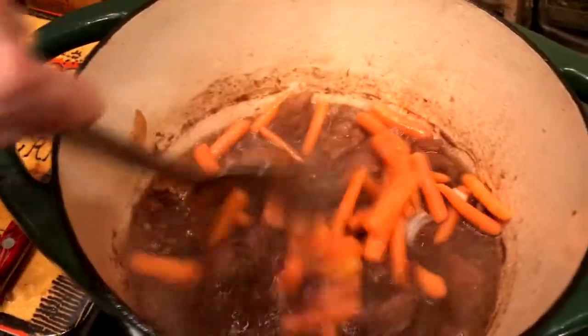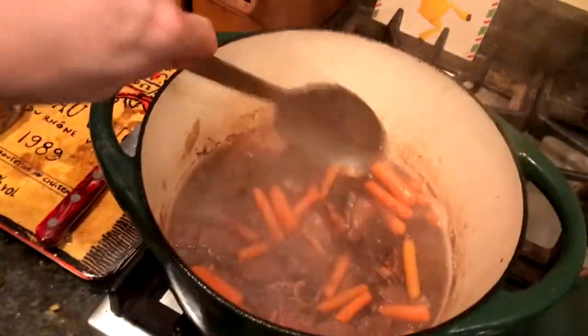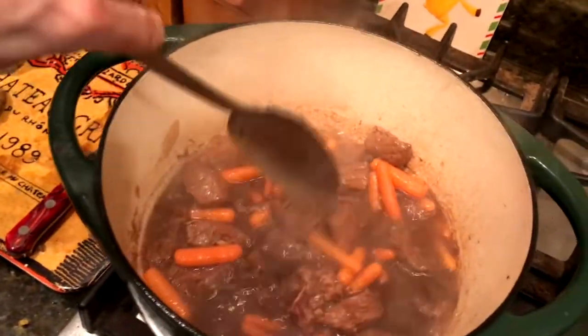As you can see, rather than keep the camera going for 2 hours, we just cut ahead. And now what we're going to do is add the carrots. The meat at this point is just about done, but carrots don't take very long to cook. If you put them in at the beginning, they'll turn quite mushy. We don't want that to happen. So with about 15 minutes left to go,